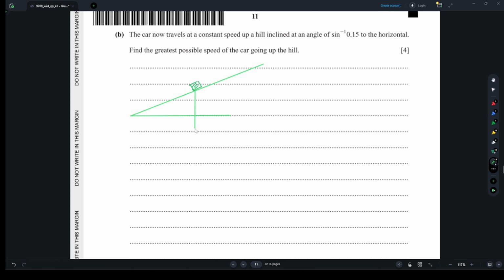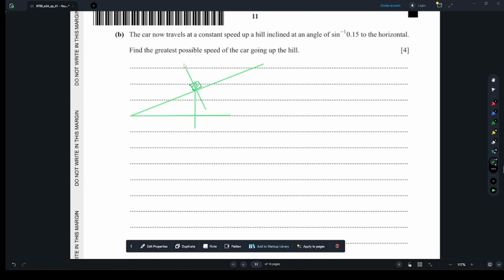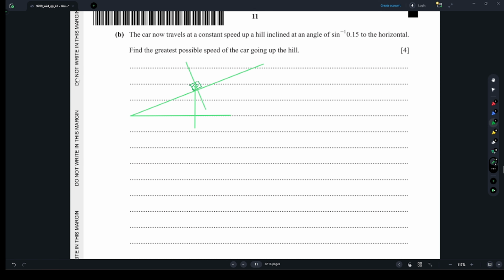So we have the weight of the car, and the contact force perpendicular to the surface. Let's say this angle is theta, as they're saying that theta equals sine inverse 0.15. So that means sine theta equals 0.15,